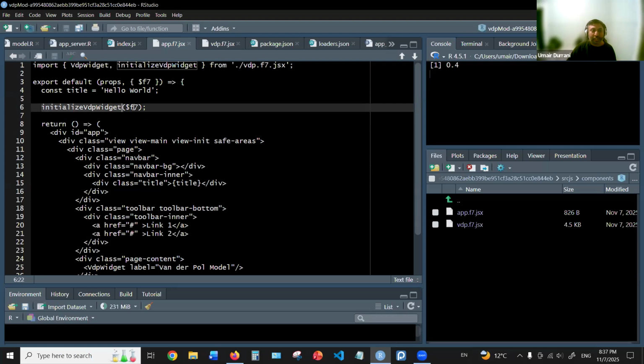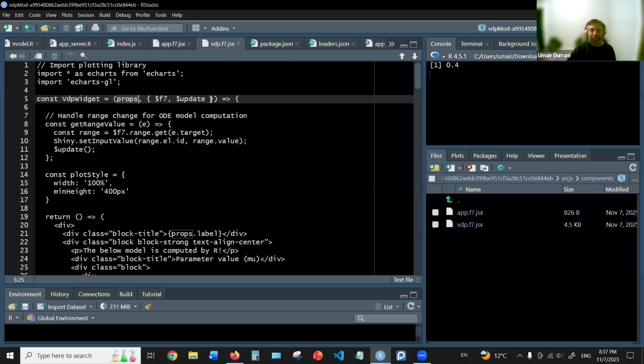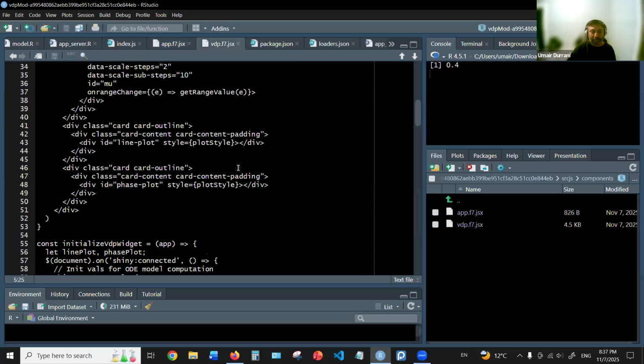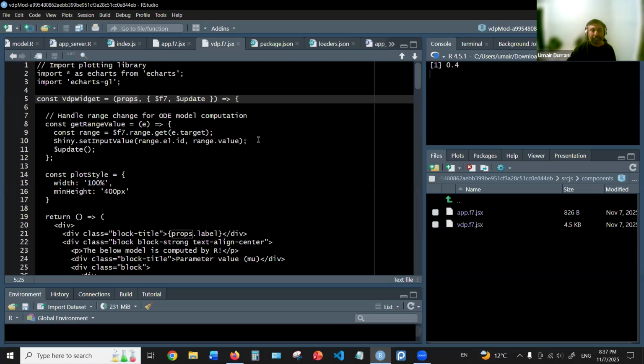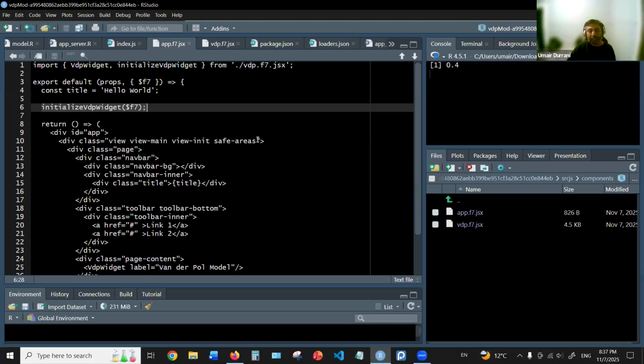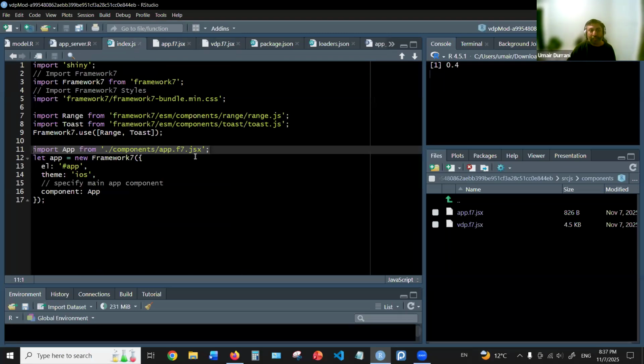And this is where we are initializing the widget for the VDP, which is coming from here for these plots. So once we have all of these defined as components, we can now use them right here by saying import app from